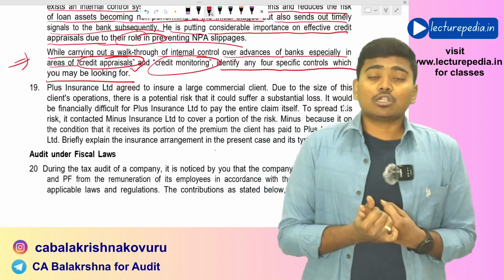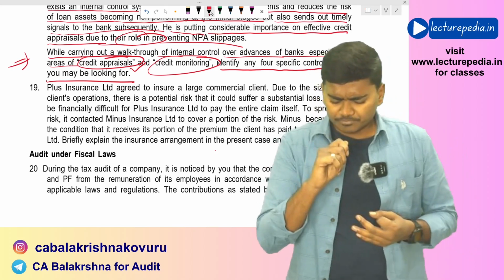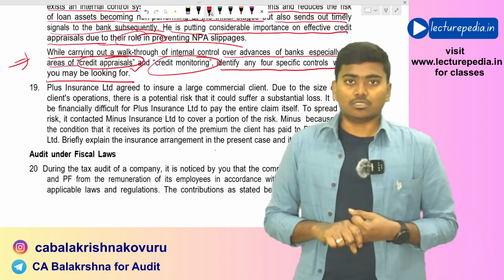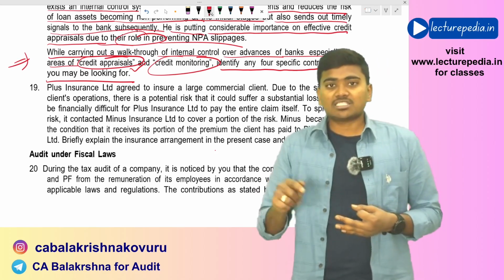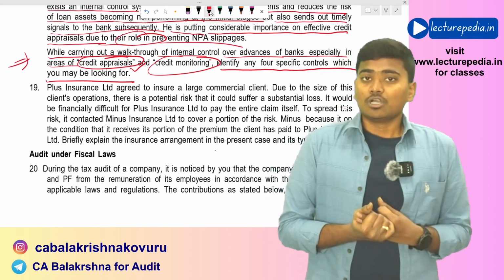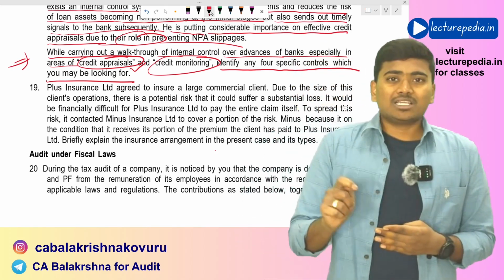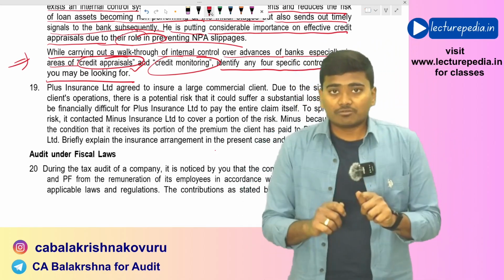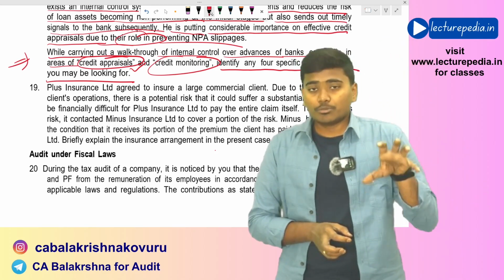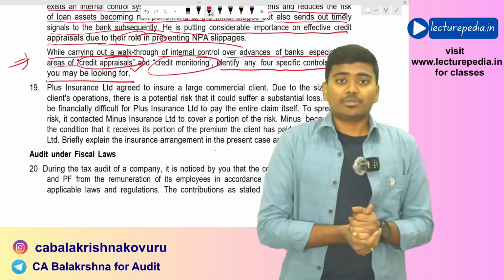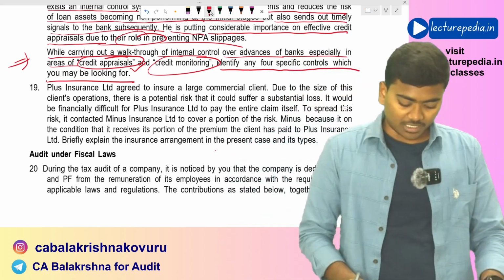Next, you should also implement classification as per SMA, that is special mention accounts. Before classifying it as NPA, there will be SMA 0, SMA 1, SMA 2. This classification also you should follow, and you should implement an early warning system wherein it will give you a warning if at all the probability of the account turning into NPA is high. Okay, these controls you can expect. Next,